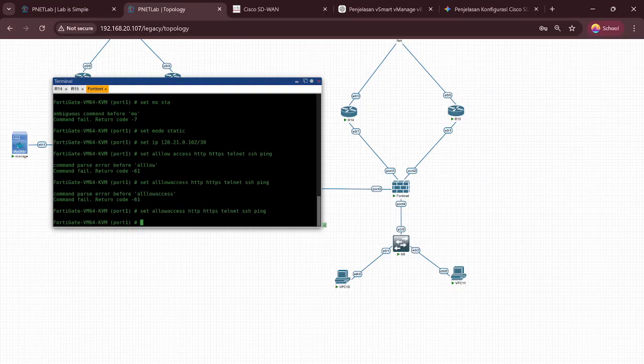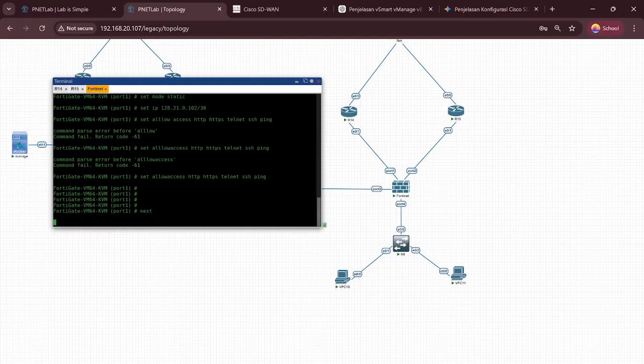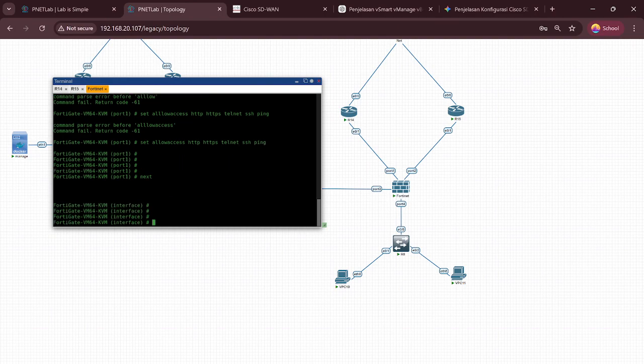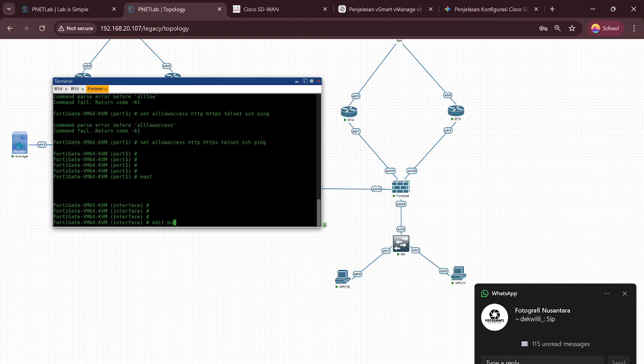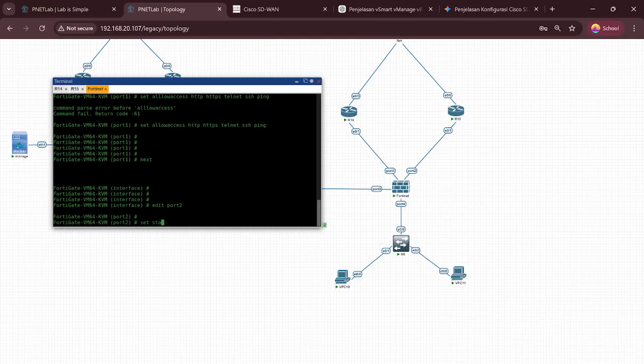Okay, now to port 2, click next. Edit port 2, enter.